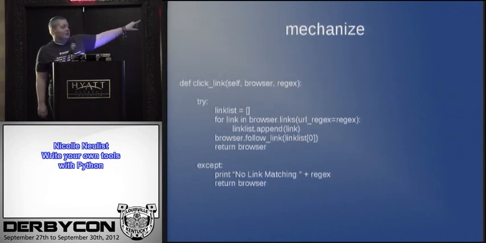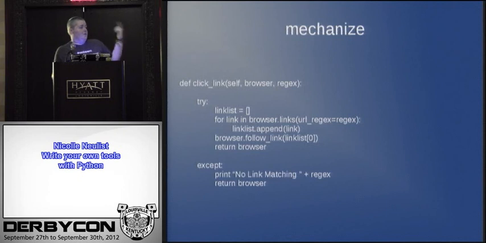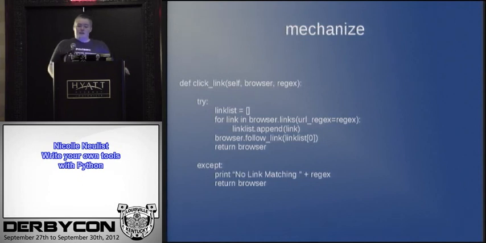And then here, click the link. You have your browser item that you instantiated with that previous code, and you go through, look for any specific link. I have a regex there for what you're looking for. It's not always a regular expression. It can be just a string, and look for it. Follow the link because it's got that nice follow link. You click it and it goes there. If it doesn't find it, you can make it complain. But this is just a nice, easy, high-level how to script a web browser session.